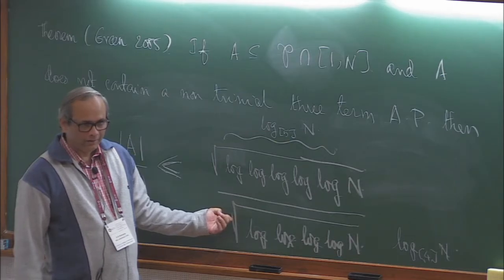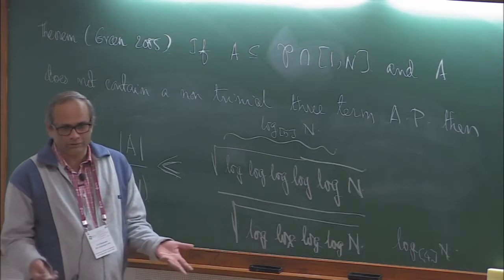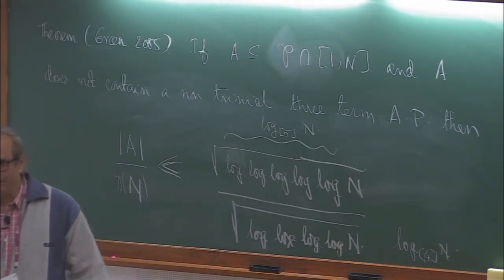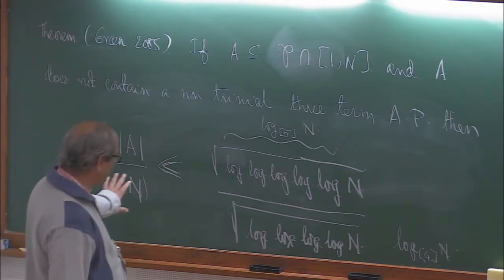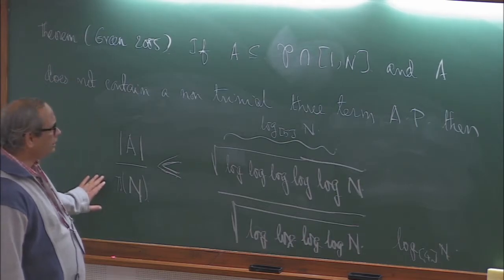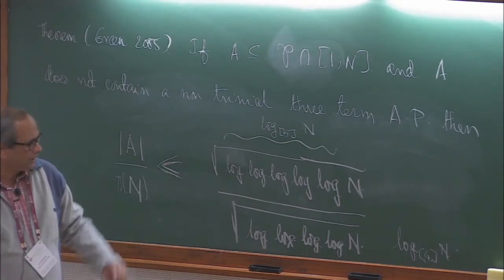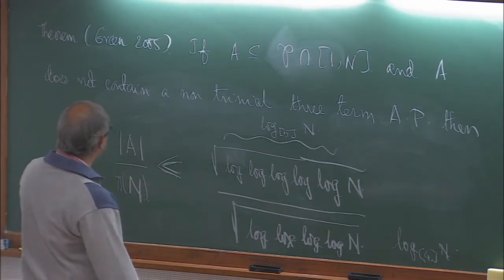Okay, log n is almost a constant. Now 5 logs and 4 logs is practically constant, but nevertheless it goes to 0 with n, and that's the result. Okay, so here it's stated in this form rather than positive upper density, but this immediately implies that